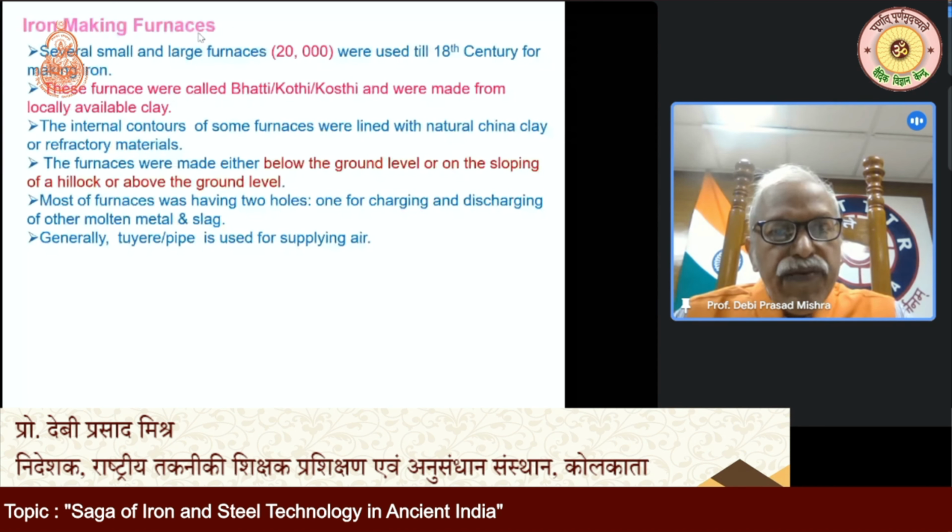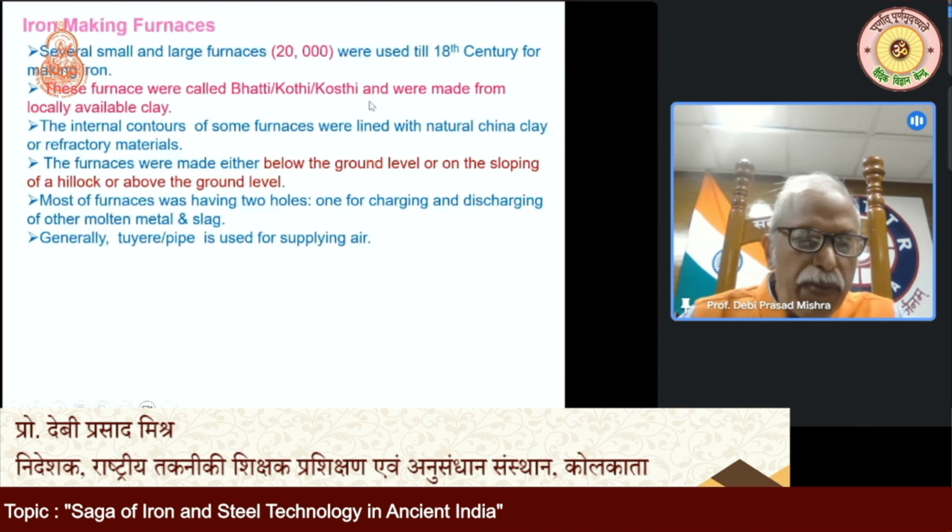And these furnaces are called Vati, Koti, and Kosti, and different places call them by different names. They are made of locally available clay, and some are lined with China clay. The furnaces were made either below the ground level or on sloping hillocks above the ground. I'll show you some pictures. Most of the furnaces have two holes, one for charging and the other for discharging. And these are very simple things, and then a tyre or pipes were being used for